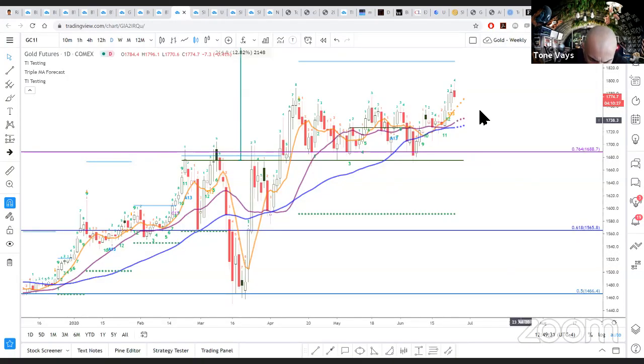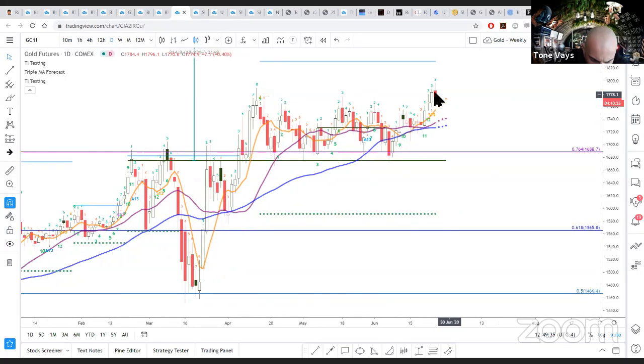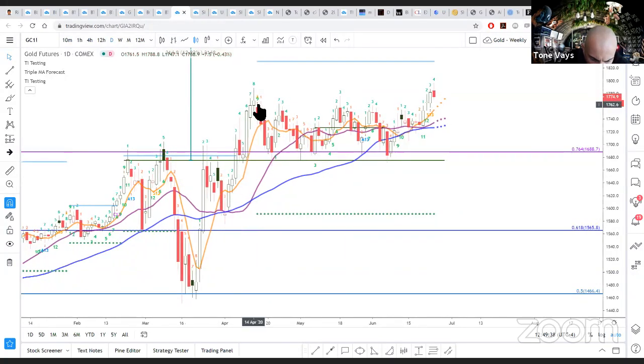This is gold. I was very optimistic about gold this morning. This morning, gold has reached almost a 10-year high. So as you guys know, I am a huge fan of buying strength and selling weakness. I am a bull of any asset as it breaks out to new all-time highs. Now, gold is not breaking out to new all-time highs, but a 10-year high is good enough for me.